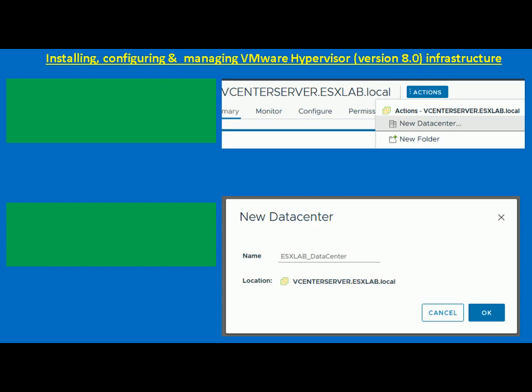Now, before we start with the next part, let me give you an idea what we are actually doing. We are creating a new data center. That is a kind of an entity which we need to create in our vCenter server in order to add our ESX host in vCenter server as a central entity. So we will create a new data center entity, and then we will add our ESX host